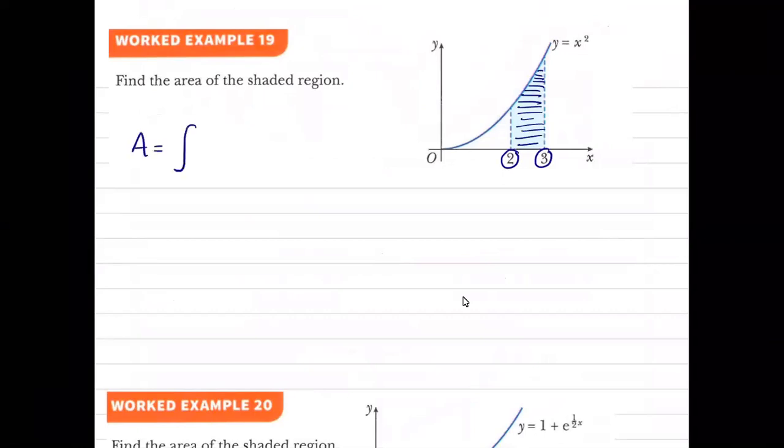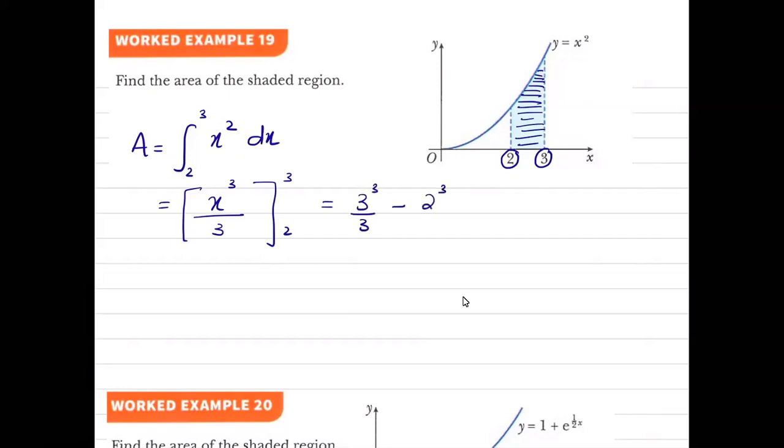all I need to do is integrate the function with respect to x and apply the limits from 2 to 3, isn't it? Yeah. So to find the area, I'm going to integrate this further, x cube upon 3, and then apply the limits 3 and 2. When you apply the upper limit, you are going to get 3 cube upon 3 minus 2 cube upon 3,